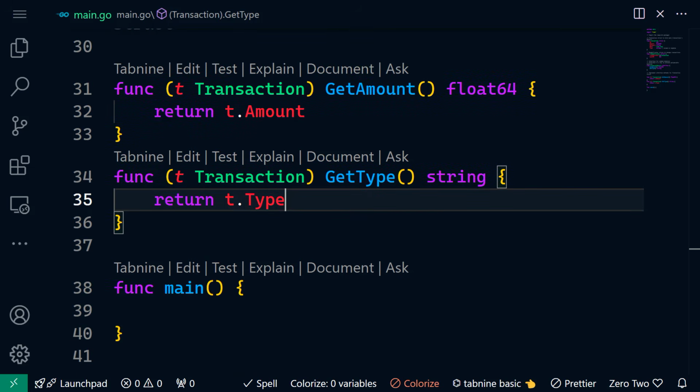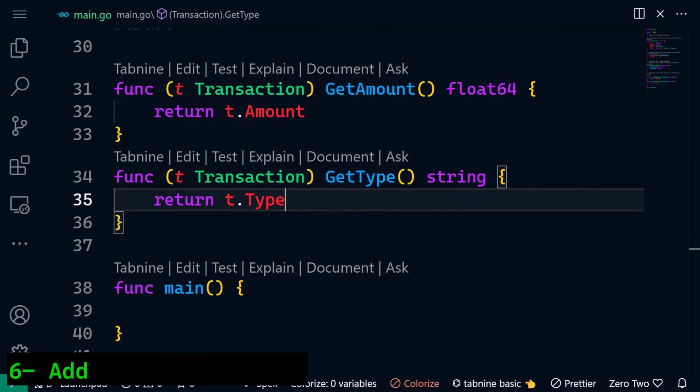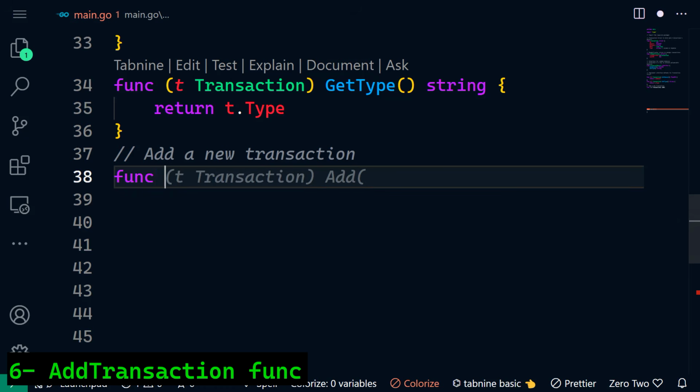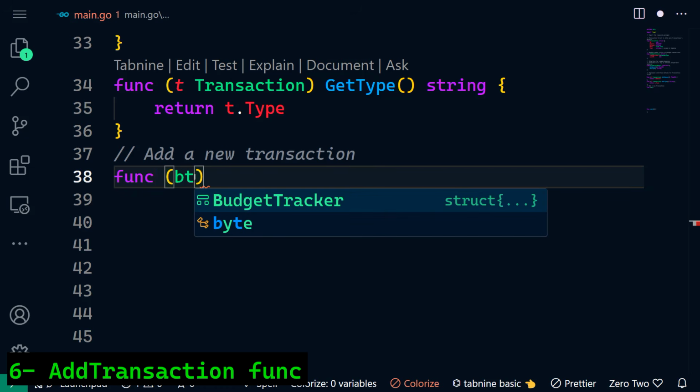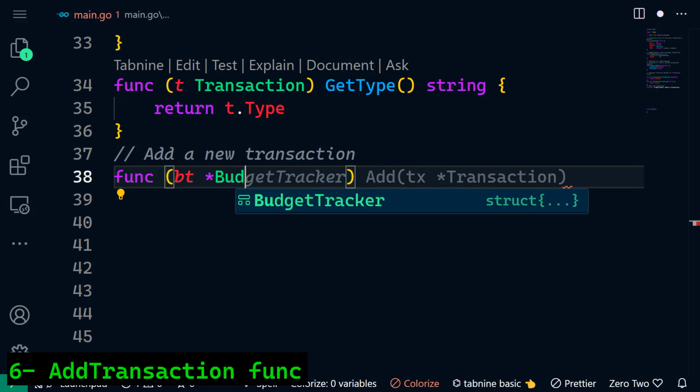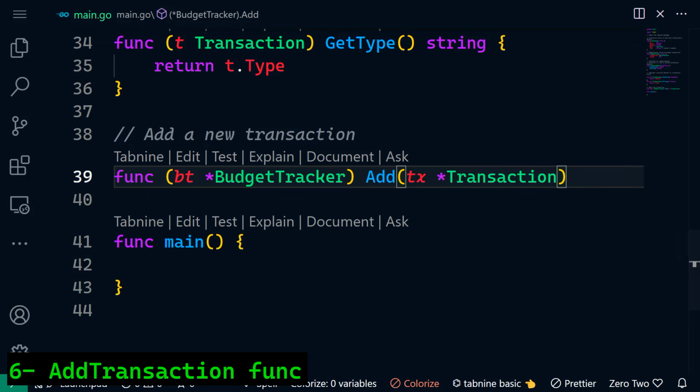Now that we are done with those two methods, we will move on to step number 6, which is to define the addTransaction method. To do that, I will need to create another function with bt, which stands for budget tracker, so asterisk BudgetTracker. Awesome. And that's going to add,